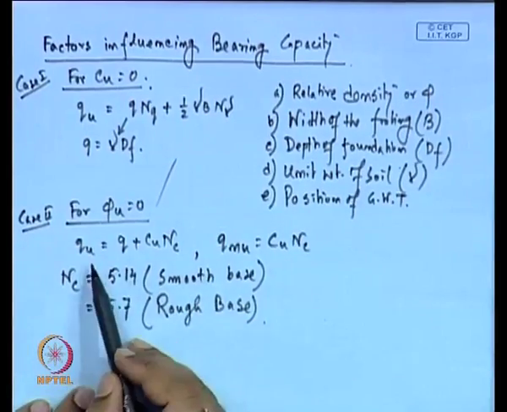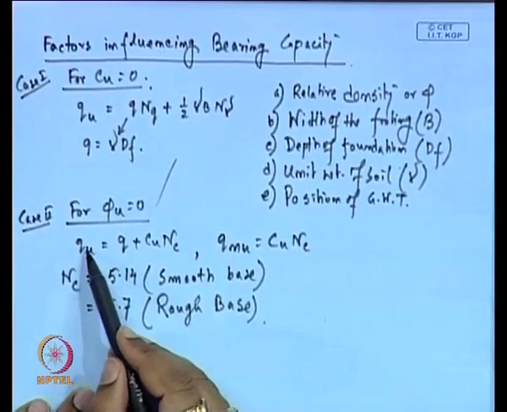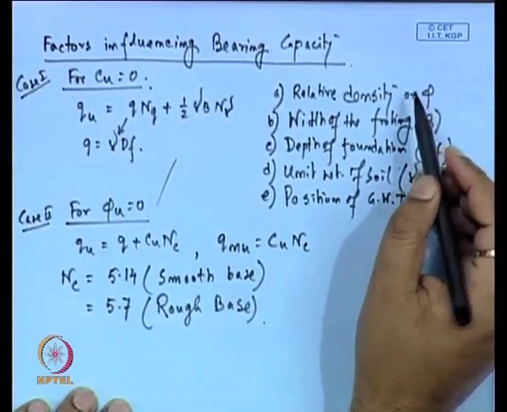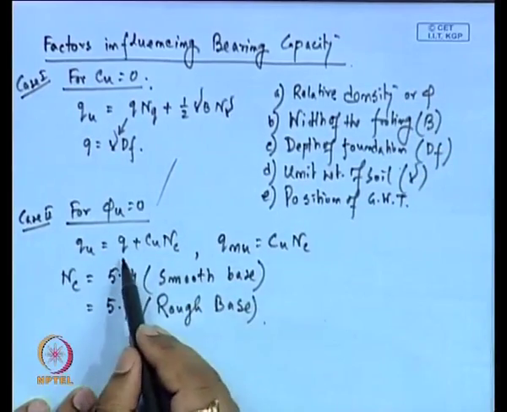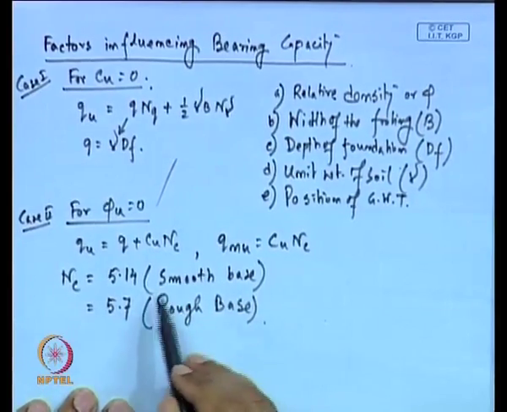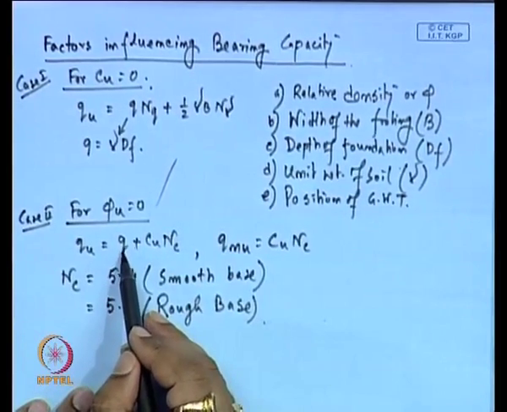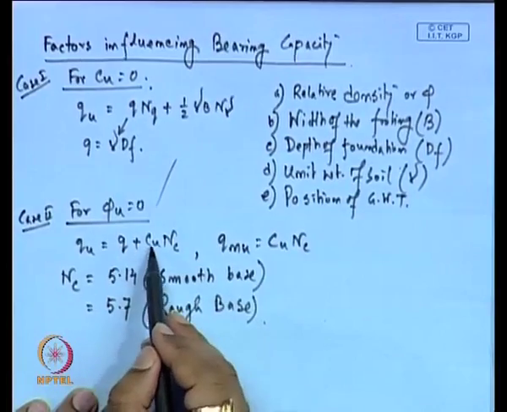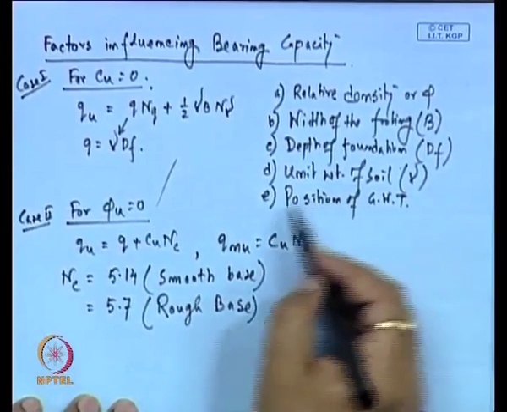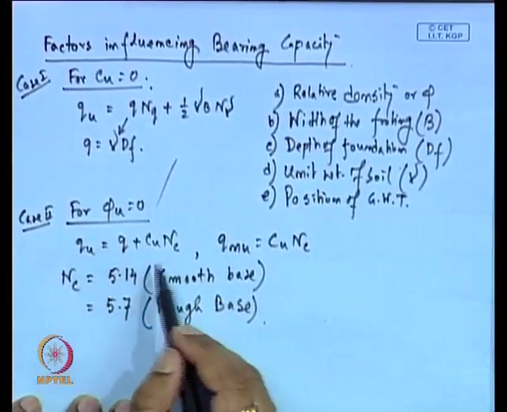So, from these two expressions, one is Qu and one is Qnu, that is Q ultimate and Q net ultimate. Now, if the relative density of the soil... here Nc is 5.14 for smooth base and 5.7 for rough base. So, the phi value is not influencing this, neither Q nor Cu. So, that means it is not, even for these other expressions also. That means if it is a cohesive soil, the relative density does not have any influence on the